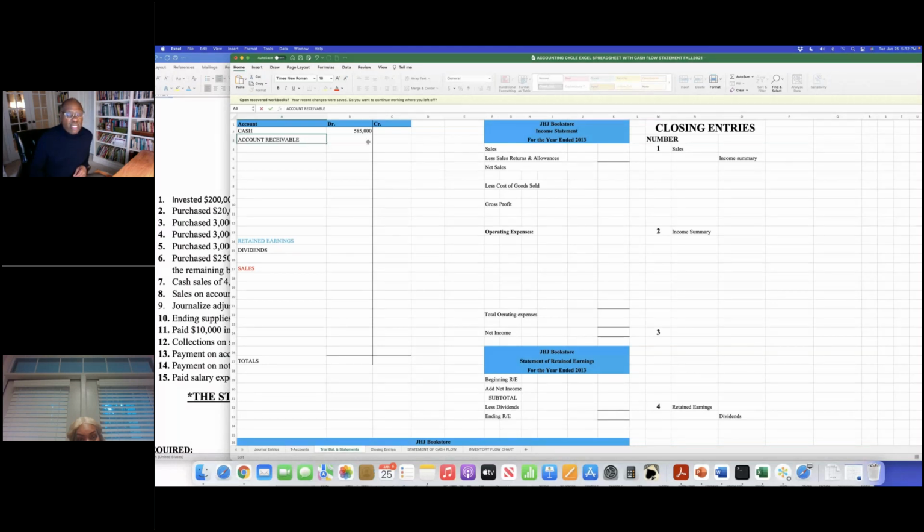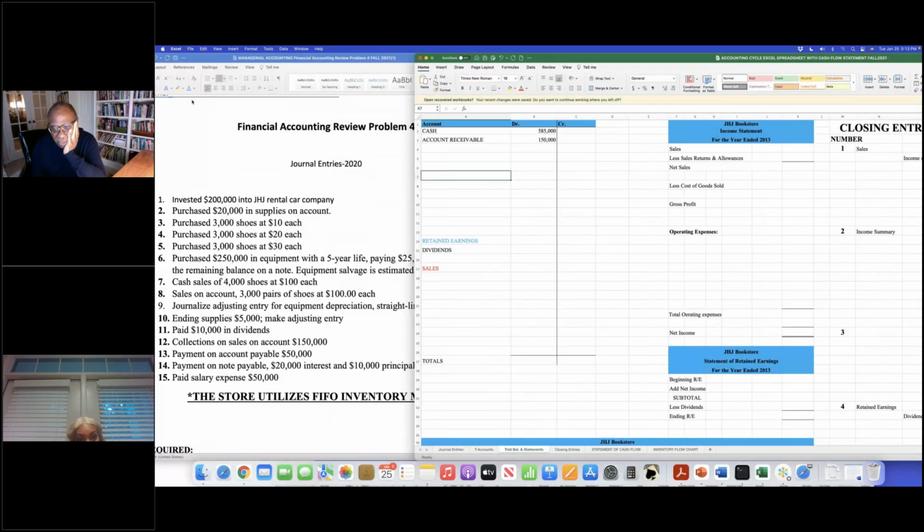And I'm going to keep these accounts in order. I'm not doing it in the order of when I made the journal entries. I'm doing it in the order of that chart of accounts. So it is critically important that when you put these accounts in,